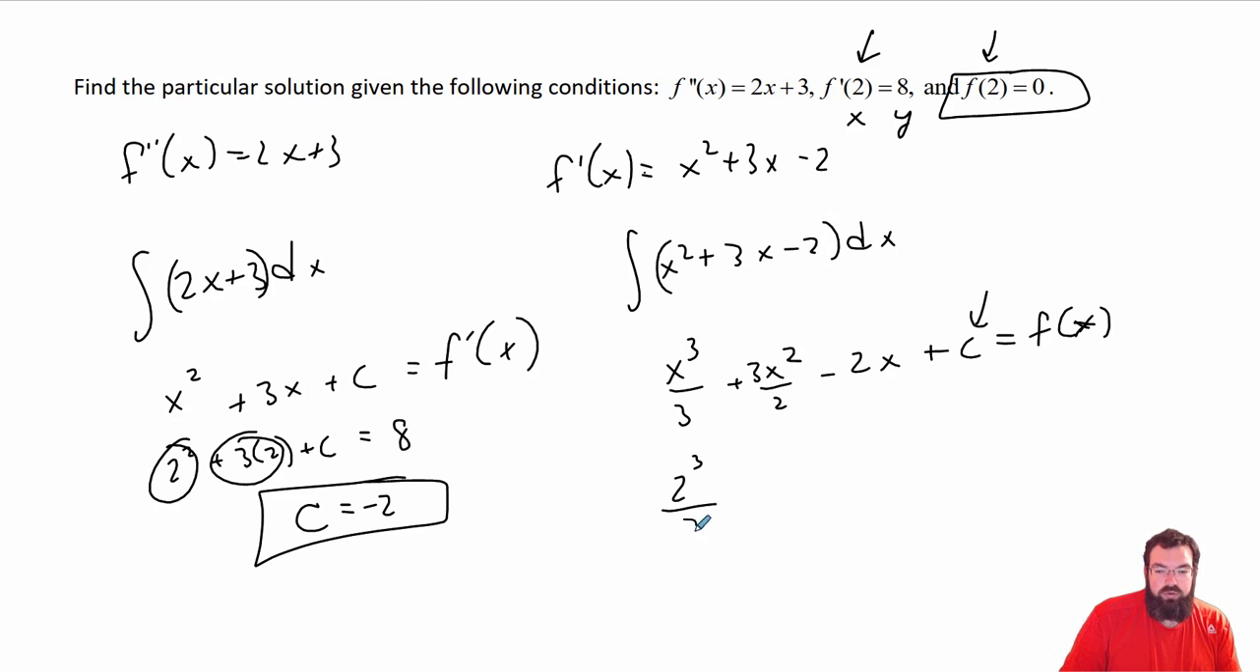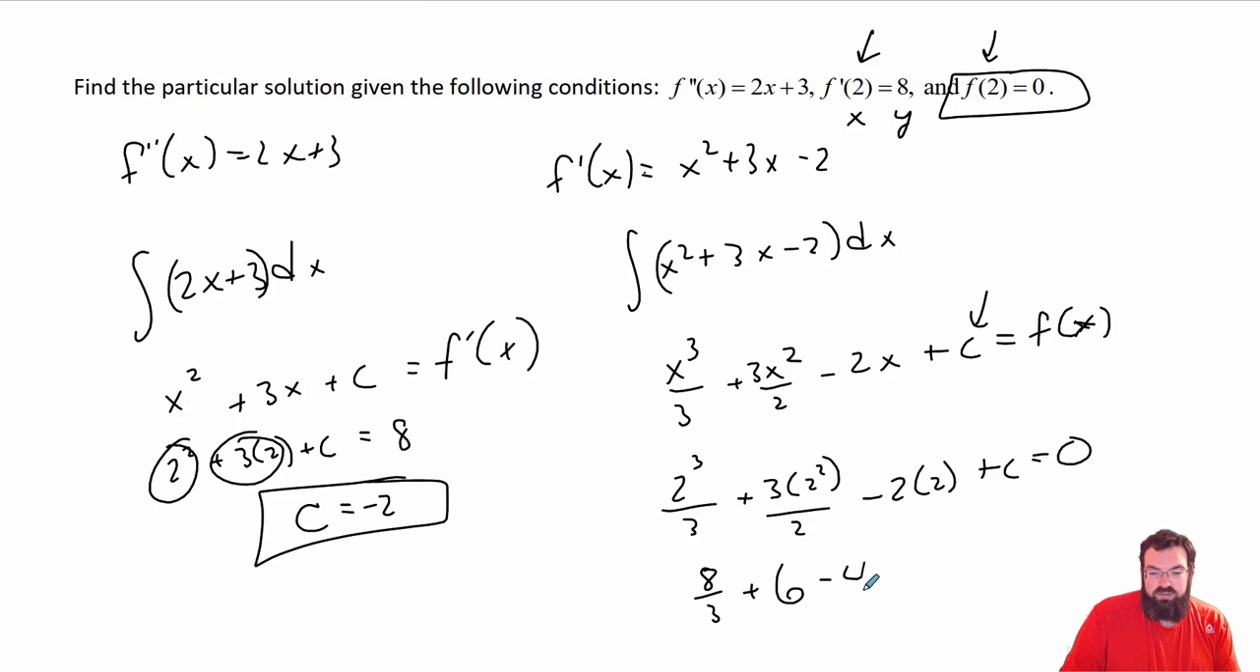So 2 to the third over 3 plus 3 times 2 squared over 2 minus 2 times 2 plus c is equal to 0. So this is just 8 over 3 plus 3 times 4, which is 12 over 2, which is 6, minus 4 plus c equals 0. When I do that math, I get c is equal to negative 14 over 3. All right, negative 14 over 3. So therefore,